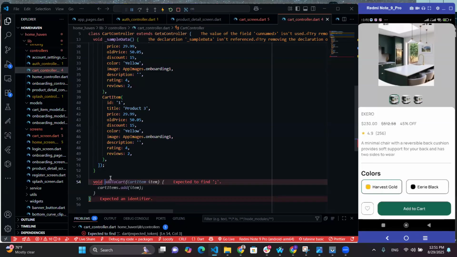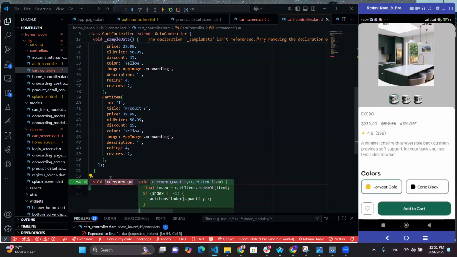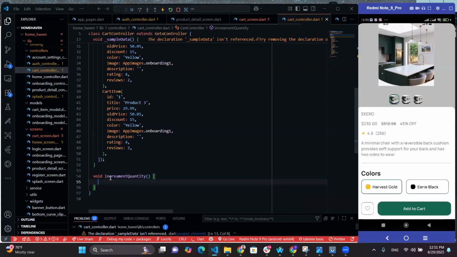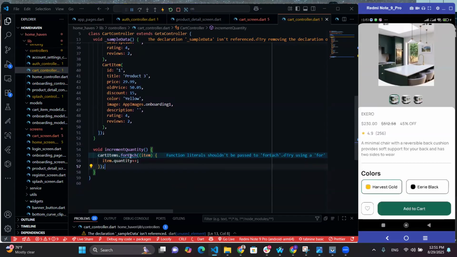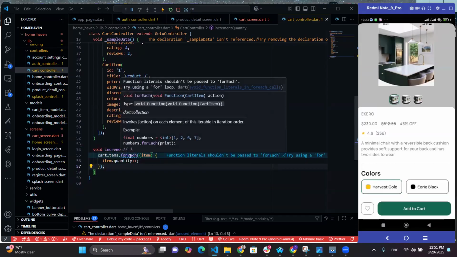Void increment quantity, in case you want to increment the quantity of each item, for each for loop. Well,